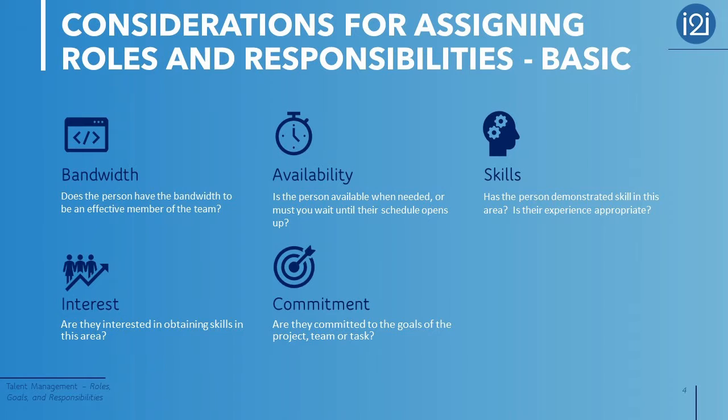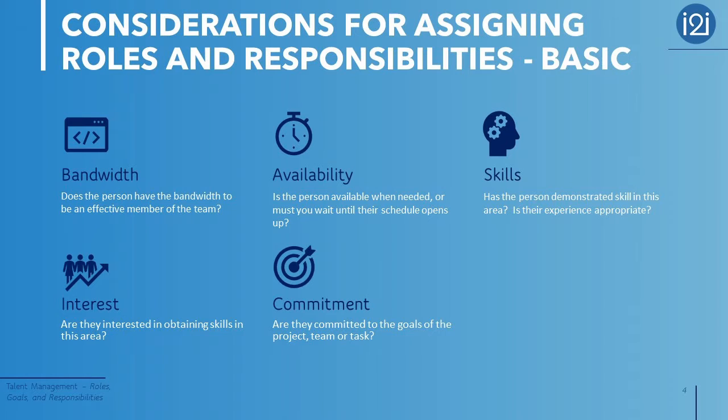S is for skill. In your assignment, you should consider the skills and abilities of team members. Efficiency and expertise might impact the schedule as well. While it might be comforting to assign a person that has experience in the required area because you know that they will get the job done within a specific time frame, if another person needs to take on their responsibilities, the new person may not have the same skill level.